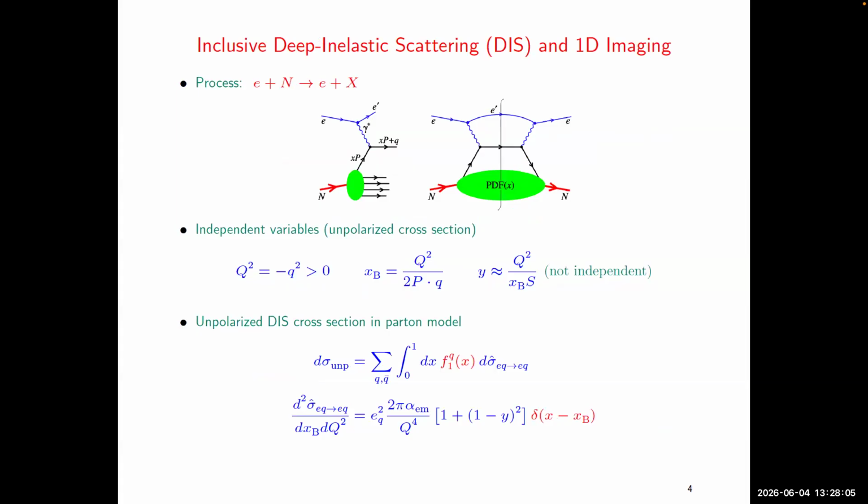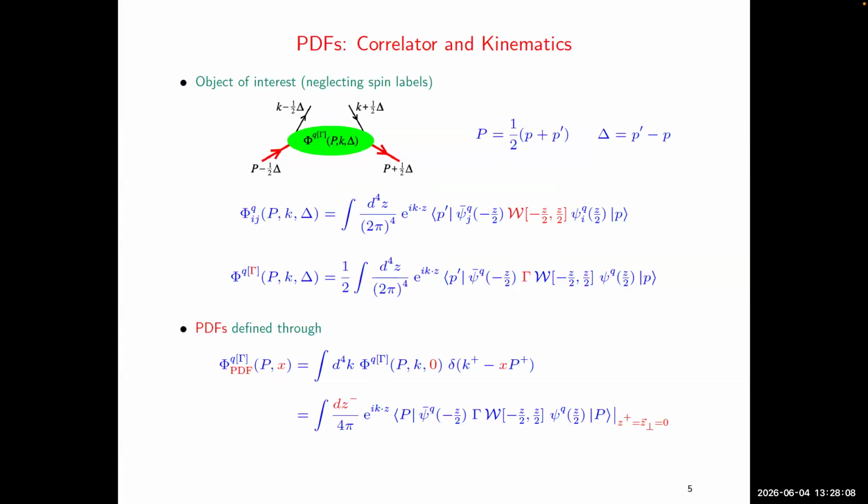So there is no momentum transfer, so delta is 0. K plus, as we said before, we call this x times P plus. The non-trivial integrations that we have here are over K minus and K perp. And then you can readily convince yourself, from this object here, if you do this integration and the